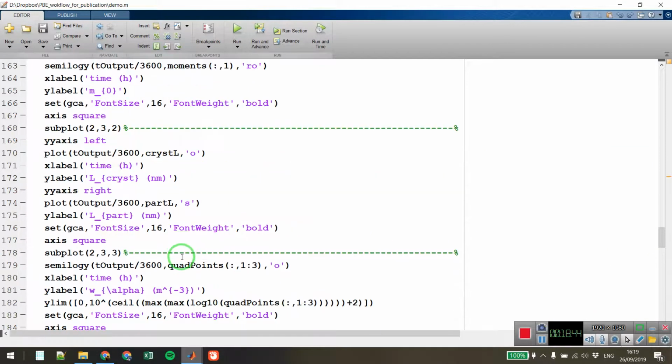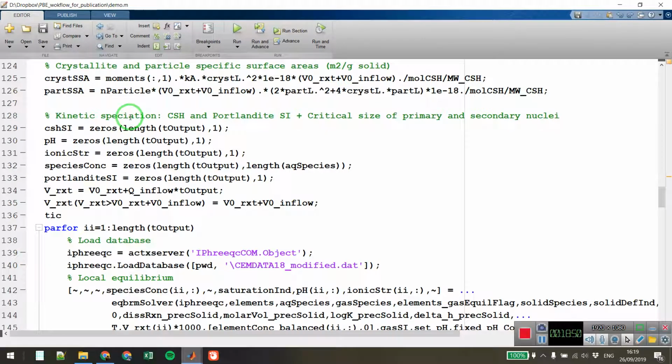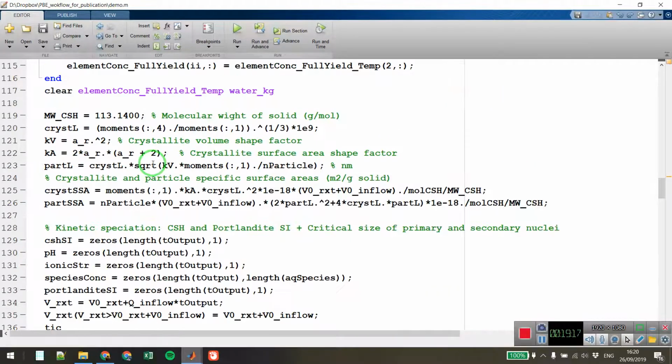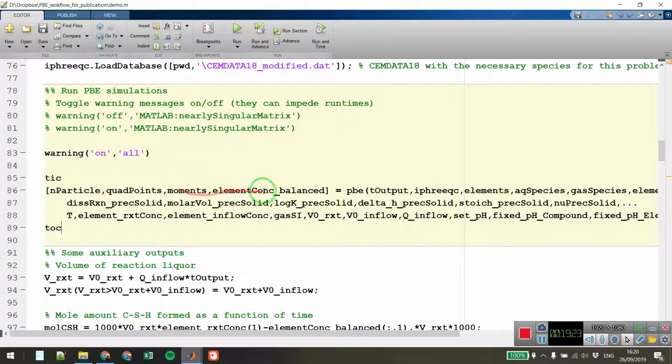Then this is the runtime for a large number of speciation calculations we had here. And what is that? Let's take a quick look. Here we have the kinetic speciation. If we go back to our paper in the Journal of Materials Chemistry A, we have this so-called kinetic speciation, which is basically different speciation parameters like pH, ionic strength, and the amount of different aqueous species as a function of time. In the previous version, of course, it was embedded, but here we are only receiving a number of outputs from the population balance engine,